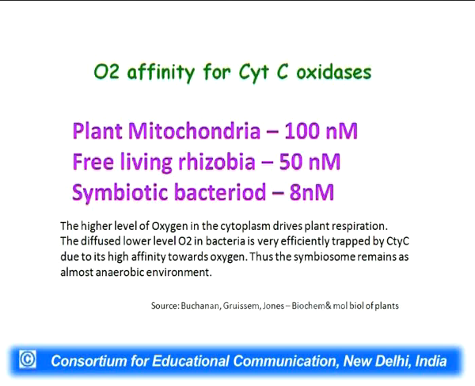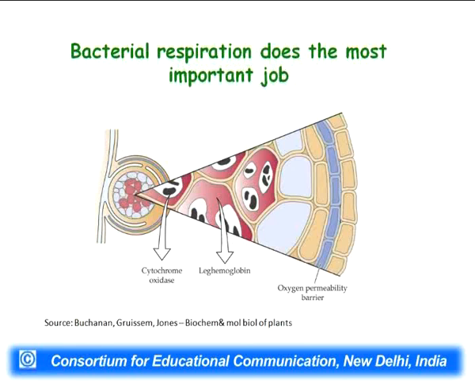Now, that oxygen has to cross 2 more barriers to reach the bacteria. As I told you, look at the symbiosome structure here. See, this is the cytosol. The cytosol is filled with leghemoglobin and it is bound with oxygen. Now, this oxygen can directly reach the plant mitochondria, but to reach the bacteria, it has to cross the endosymbiotic membrane, then the bacterial membrane. So, it has to cross at least one more layer of membrane to reach the bacteroid.